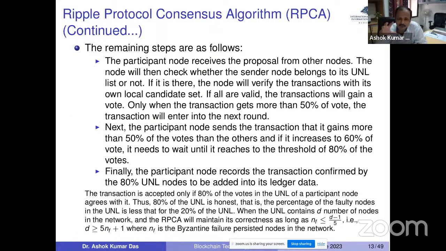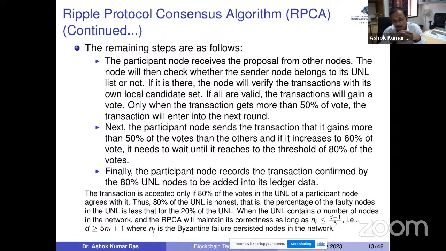Once the participating nodes receive the proposal containing the valid transactions, the receiving node will check whether the sender node belongs to its UNL list or not. If it does, then the node will verify the transactions with its own local candidate list set, if they are all valid. And if the transactions get more than 50% of the vote, then the transactions will enter the next round. And the next round will be called the